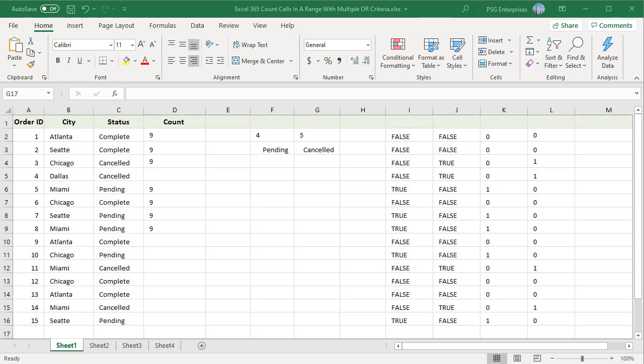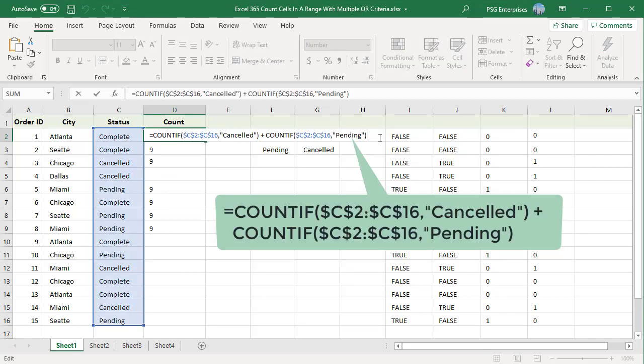To count cells for which at least one of the specified conditions is true, that is, if you have two values and either of the values is matching, then you want to count the cell. There are multiple ways to do this. The easiest way to count cells that have one value or another is to write a regular COUNTIF formula to count each item individually and then add the results.